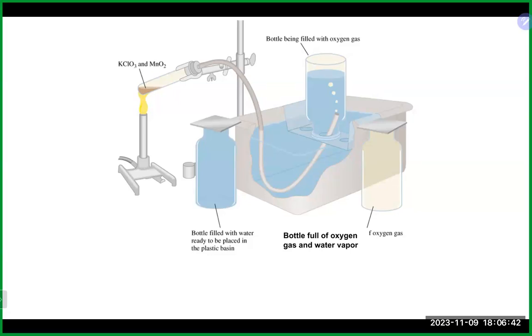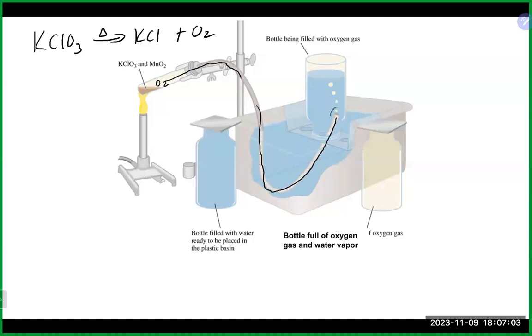So in this case, if we were to heat up some potassium chlorate, it would go through a decomposition reaction, producing a little potassium chloride and some oxygen gas. So in this case, you would be producing some oxygen gas. This oxygen gas is going to go through the tube as it's got nowhere else to go. It's going to go up and start bubbling, as we can see here, into the water. Water will leave the jar,